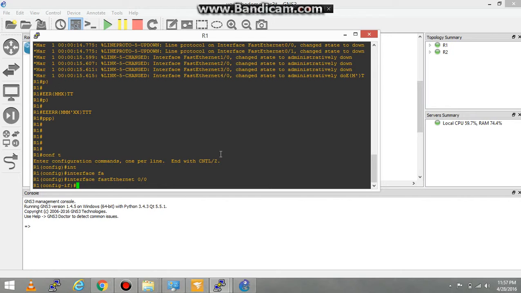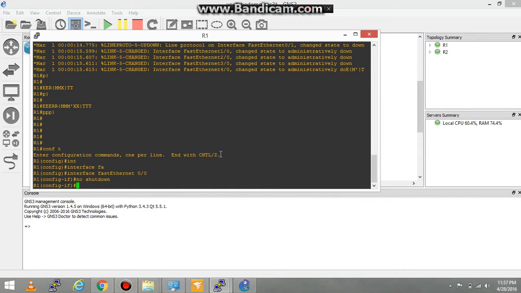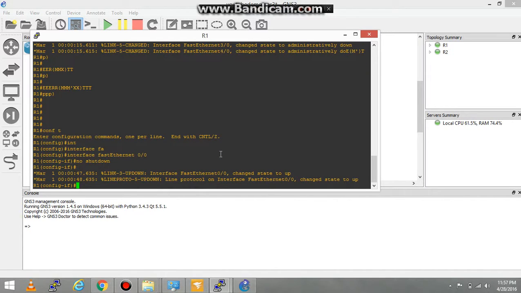Initially, the Fast Ethernet 0/0 interface is down, so I need to bring it up, for which I use the command no shutdown. Well, now I expect a log message which says that the interface state has come up. Now I need to configure an IP address on the interface, for which I use the command ip address